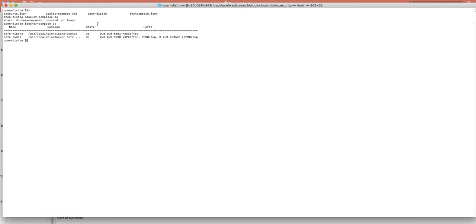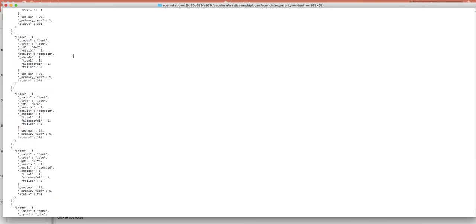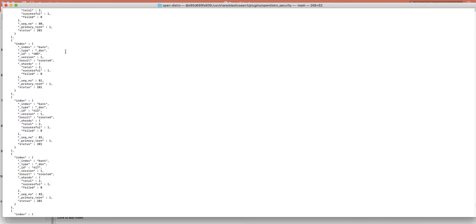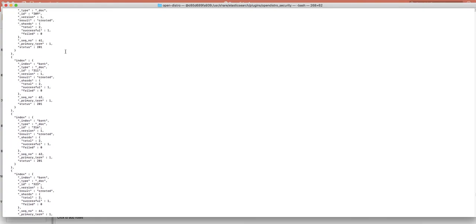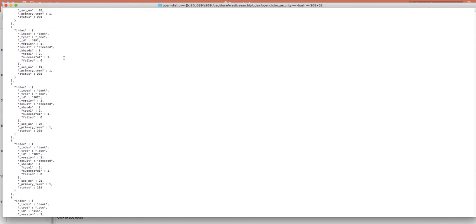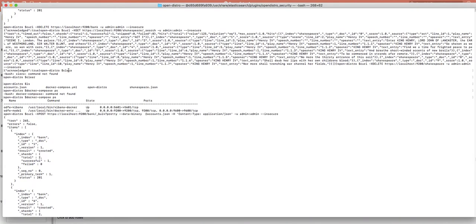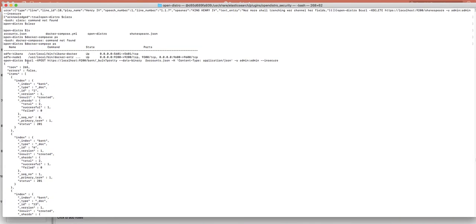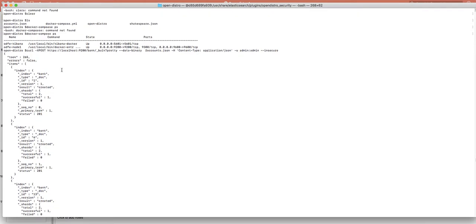So let's quickly try to make a call for the indexes. I executed the command for the bank one and we got the result for the bank. As you can see, we have all the data in the index. I just ran this command for the bank using account JSON and we got 256 records updated.